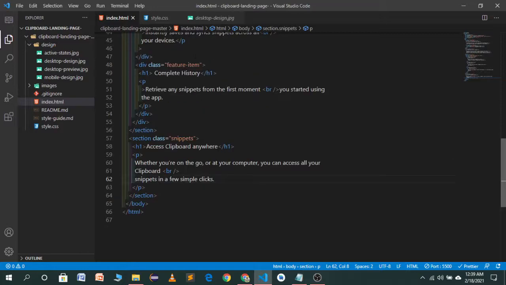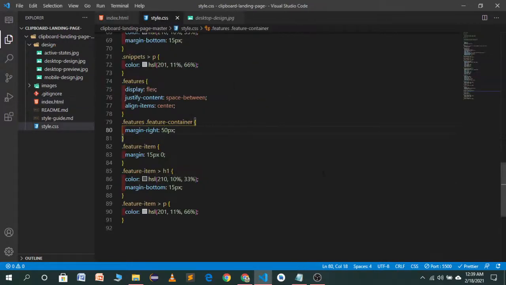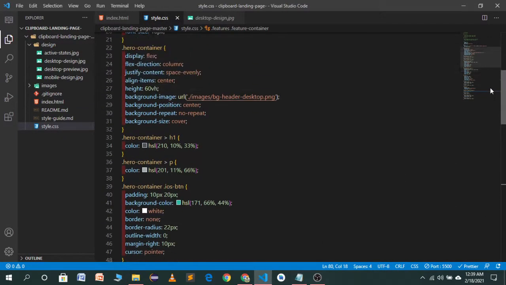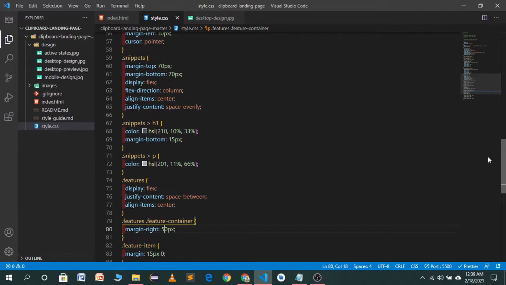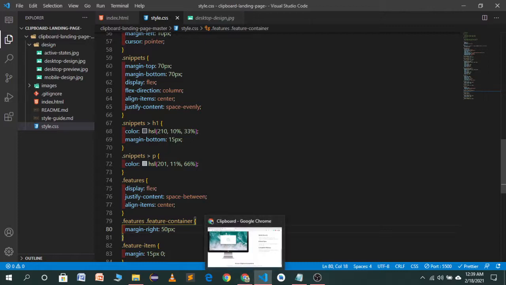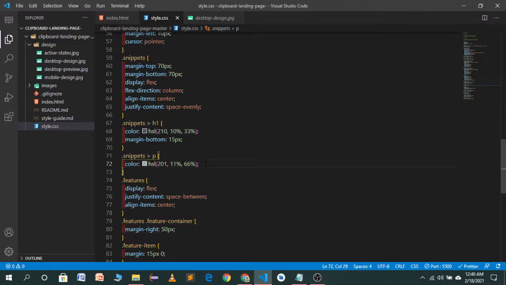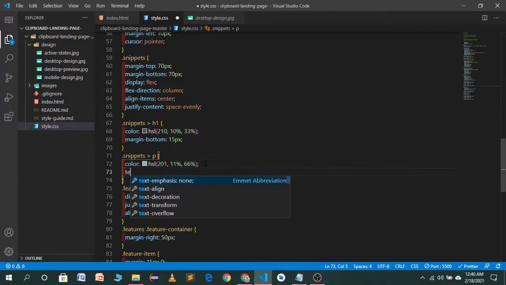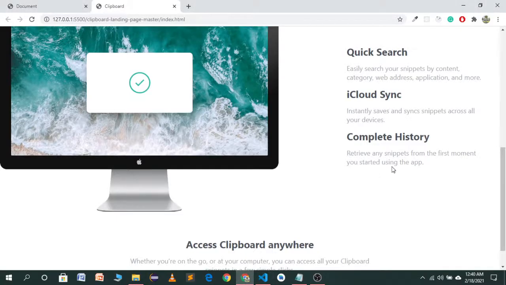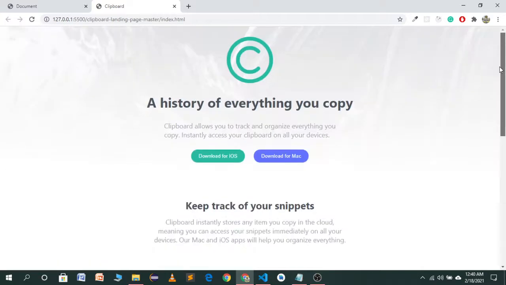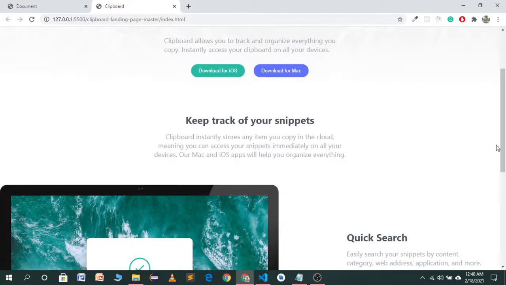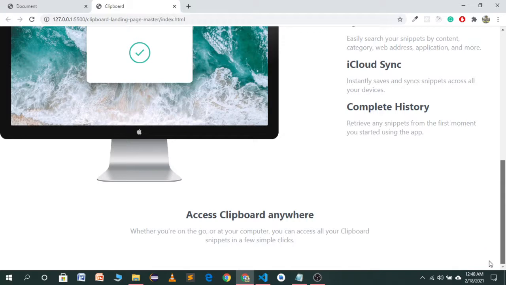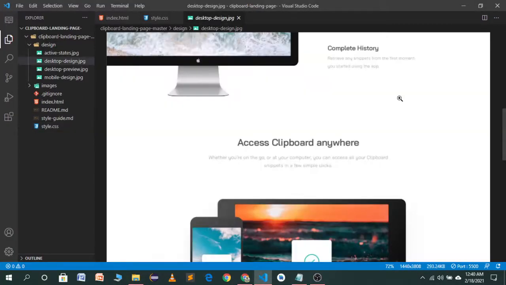Go to snippets in this CSS file. Let's go to the snippets and we will use, I think for a paragraph, text align center. Let's see how it looks. Now it's looking beautiful. As you see, this is the style for our second part of the section and the third part. And now I will target the